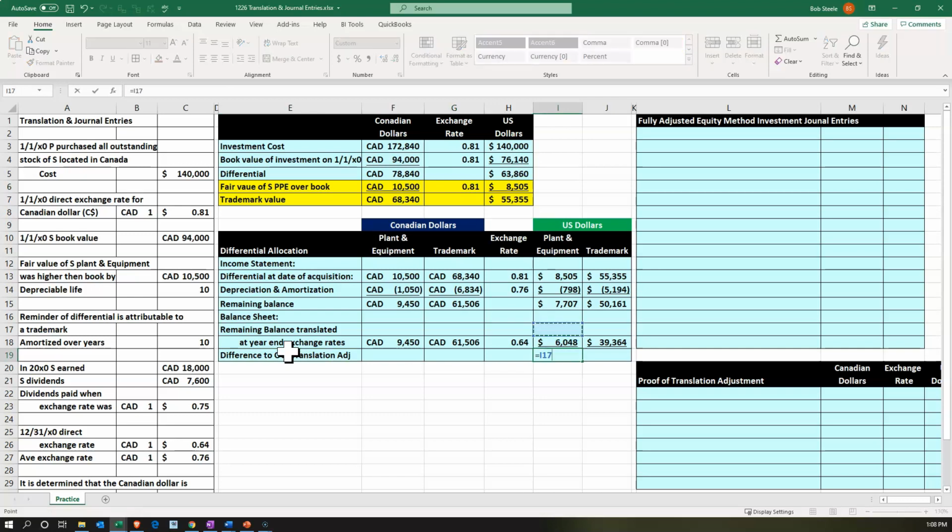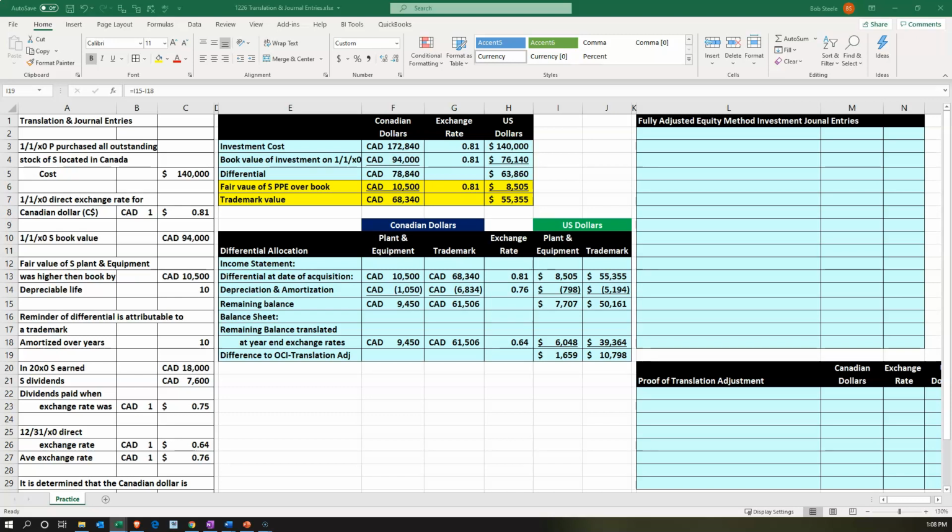And that's going to be the difference between this item up top, the 7,707, minus what we have at the ending balance using this rate down below. We have a differential of 1,659, and then this differential is going to be the 50,161 minus the 39,364, a differential of 10,798. So the total differential between the two is going to be that 12,457. Let's start to think about what P then is going to record on its books for the